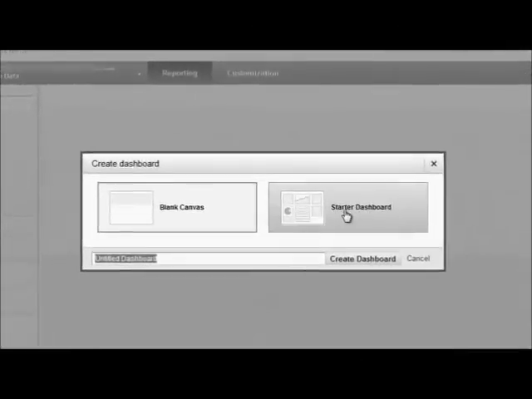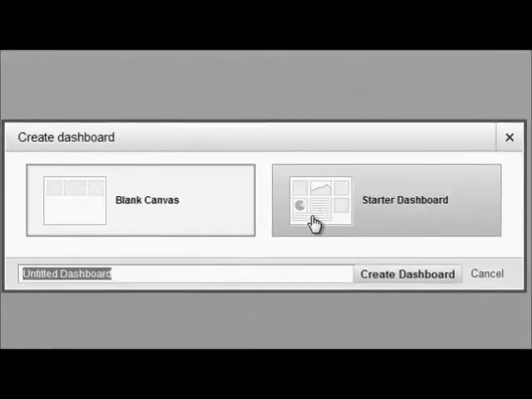Here you've got 2 options. The starter dashboard, which as you can see by this icon, has pre-populated widgets in there, which you can go in and edit or delete or move around as you see fit, and I'll cover that here in just a second, or a blank canvas. Now, there are no wrong answers here. You can click on whichever one you want to get things started, but at this point you want to be